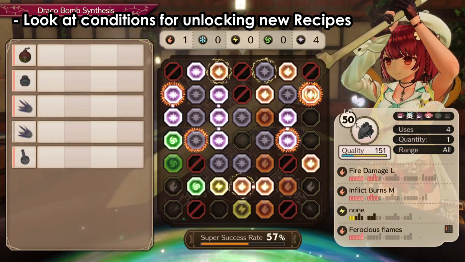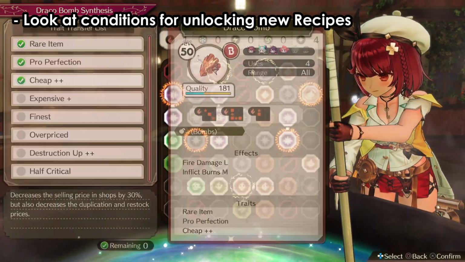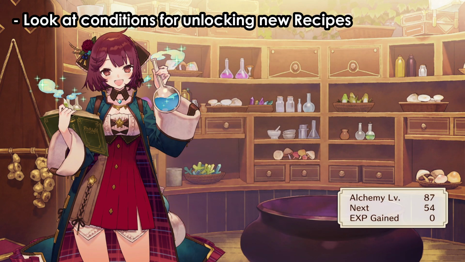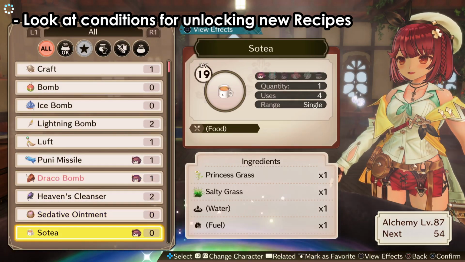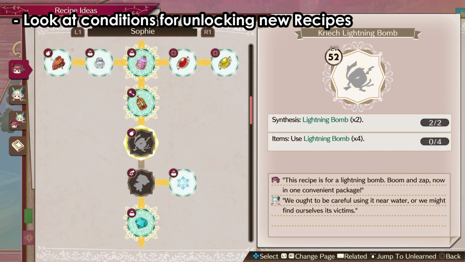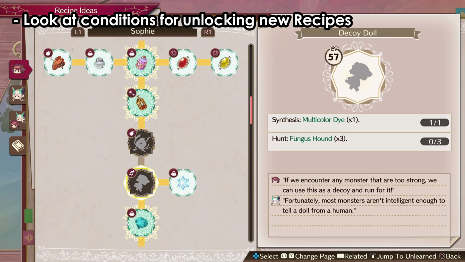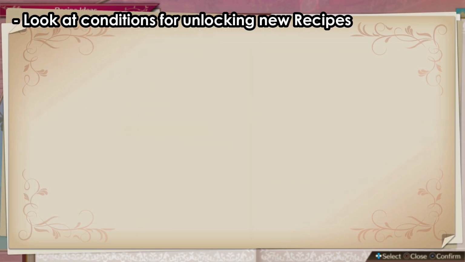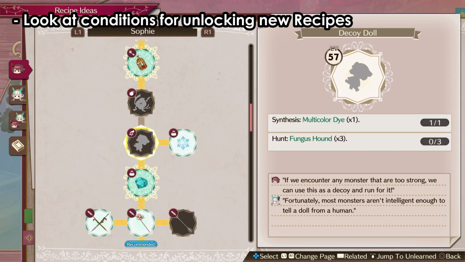synthesize any item that you unlock. Whenever you see that the item is gray, go and synthesize it. Even if you don't have the good quality synthesize, because if you keep making new items you will unlock more. As you can see here, if you go to the recipe ideas, there are so many items that can be unlocked if you do certain things, like for example hunting these hounds. The game will show you where they are, so just go and do it,